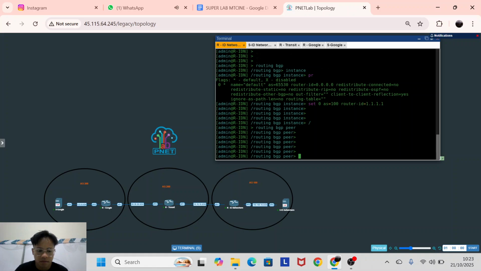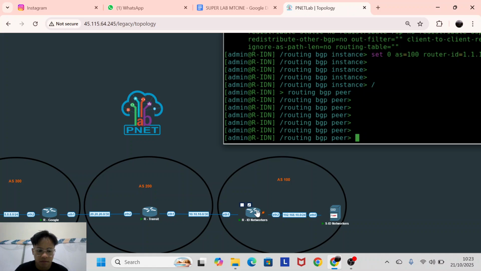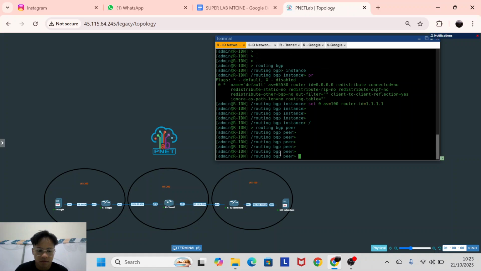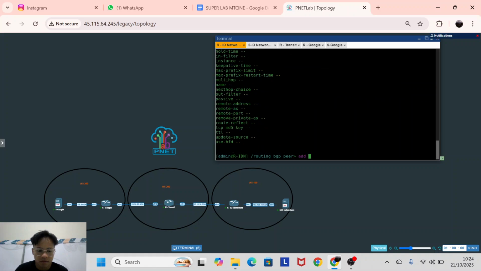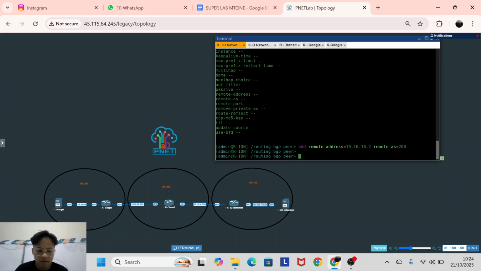Just BGP peer, a different autonomous system from router IDN to router transit. First we add remote address for router transit, 10.10.10.2, and remote AS 200.